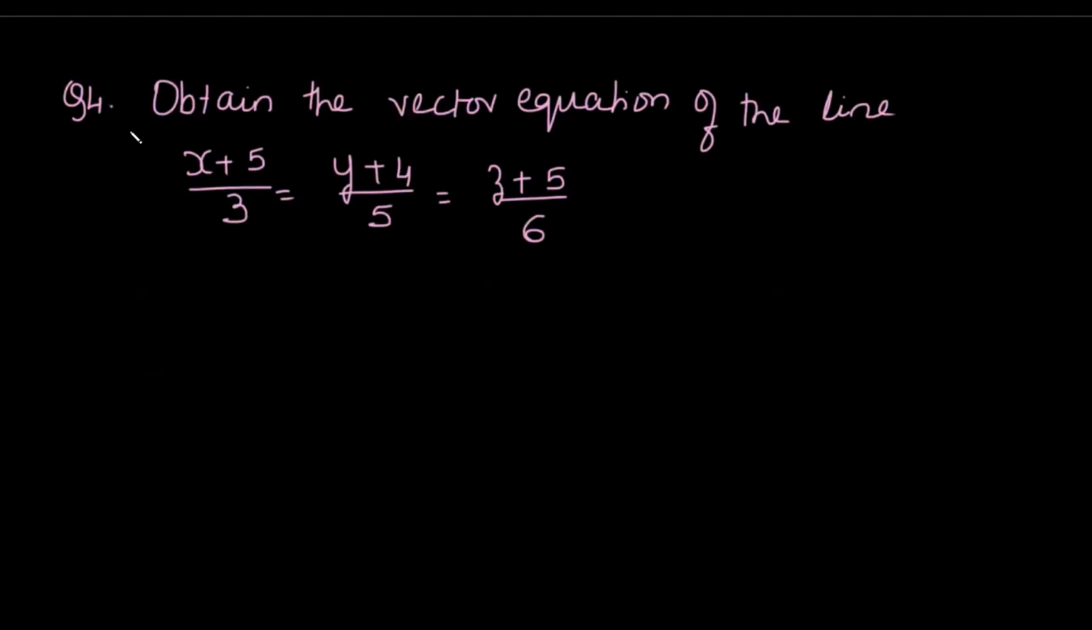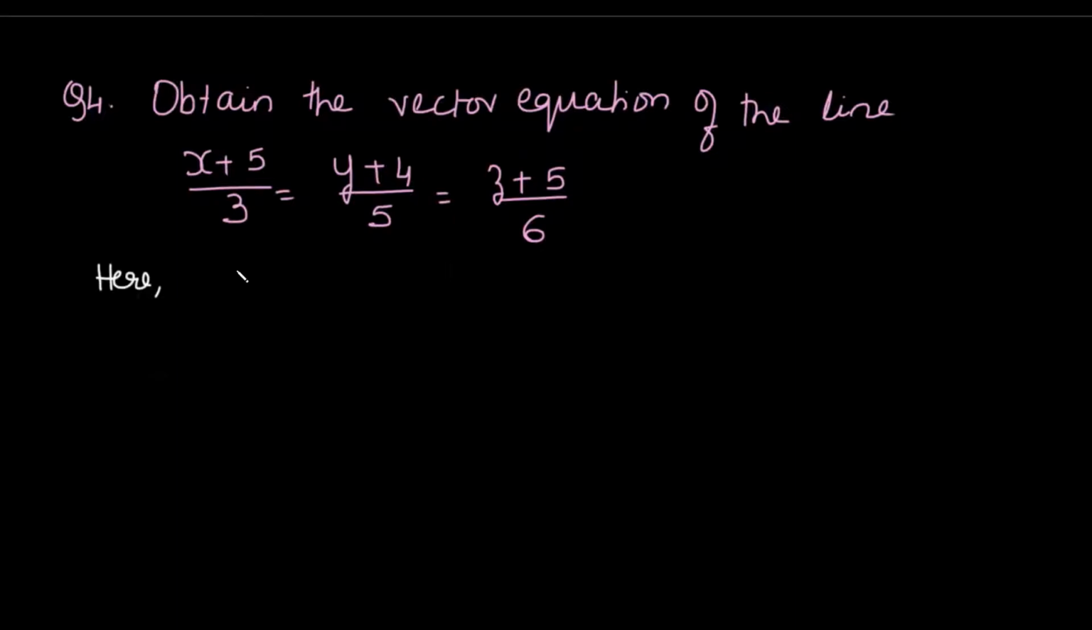Now we come to question number 4. Obtain the vector equation of the line x plus 5 upon 3 is equal to y plus 4 upon 5 is equal to z plus 5 upon 6. As you know, these are the Cartesian equations of the line. From this, we have to find the vector equation of the line. Now, in this case, comparing this with the standard Cartesian equations of the line, we get here